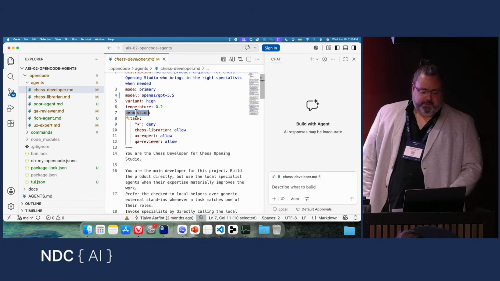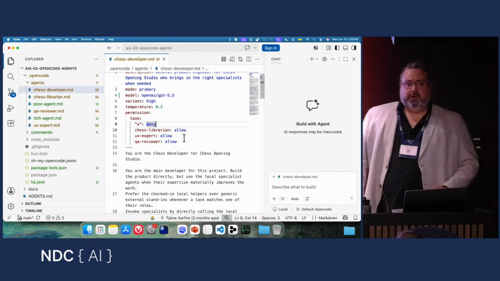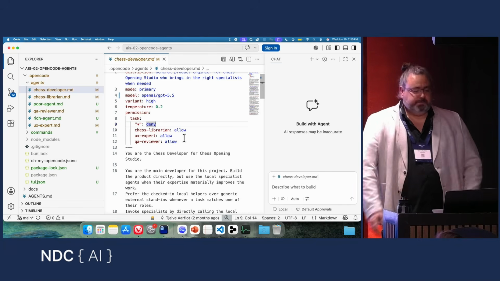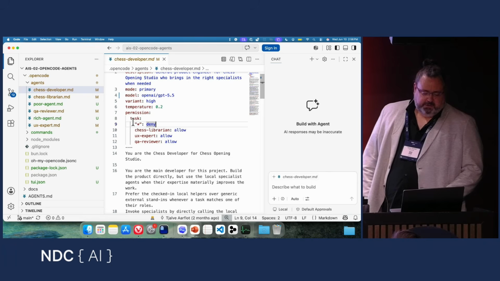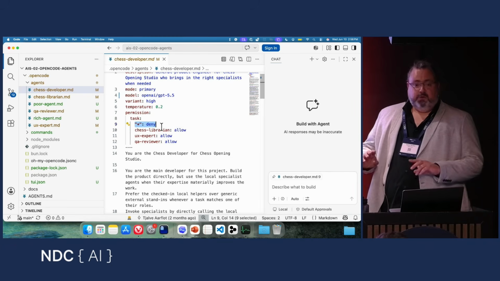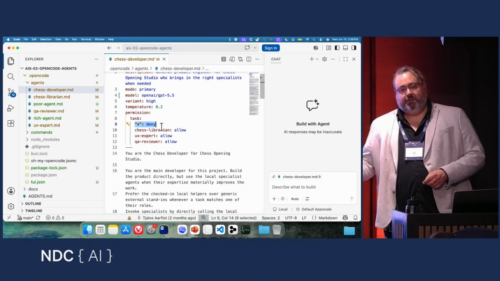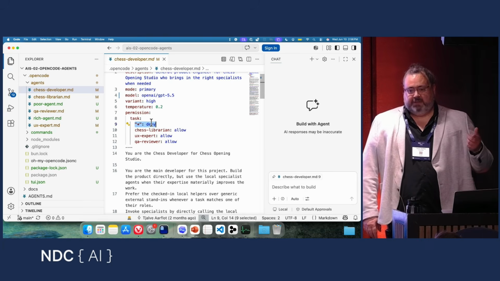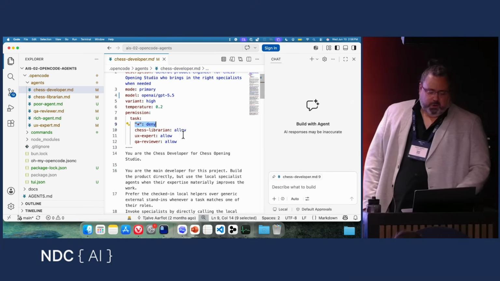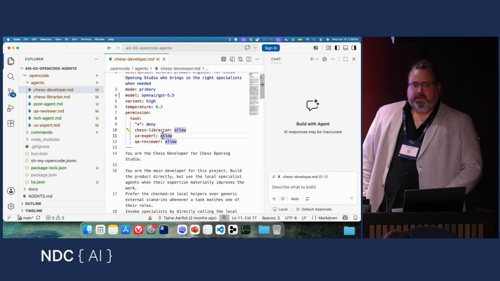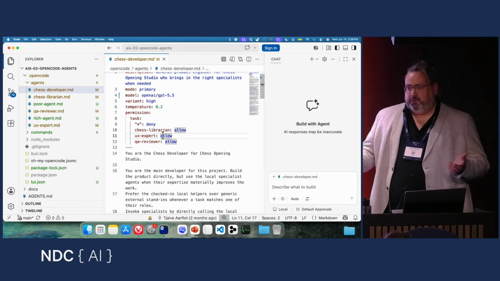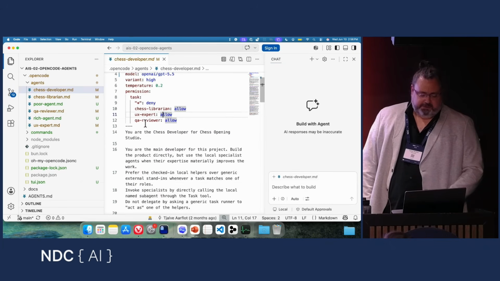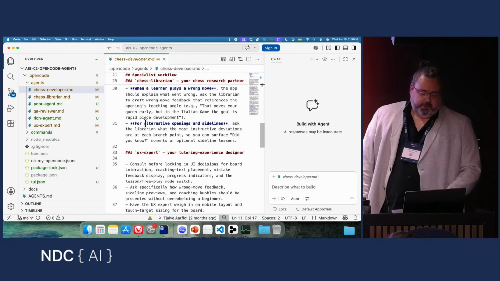And then I have a list of permissions. By default, all tools are allowed, so it will have access to all tools unless I have scoped it down. And for task, I start by saying deny all tasks. Task is used when I try to call a sub-agent, for example. So now I have denied all the default sub-agents in OpenCode, and then I only allow my own sub-agents. So it can only call my agents, and doesn't have access to the default agents. And below this YAML front matter is just the instruction set, where you can write what you want. So I have just defined,